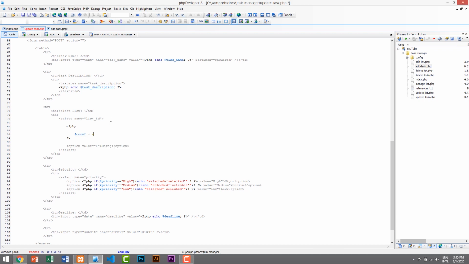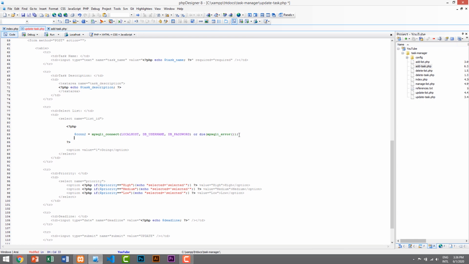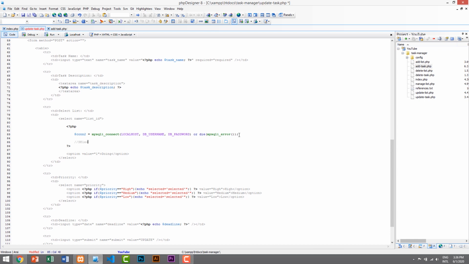$connection2 is equal to mysql_connect, and here we need to pass localhost, db_username, and db_password here, or die mysql_error(), ending with a semicolon, and then select database. So let's write the comment here as well: connect database, and in select database it will be